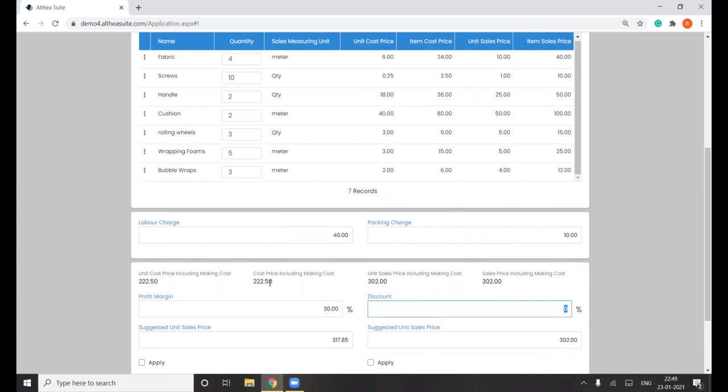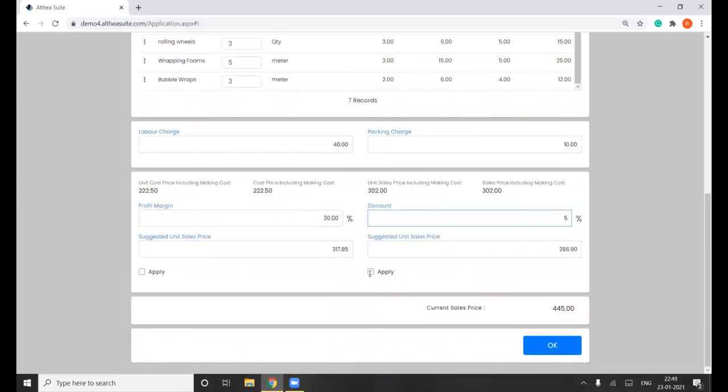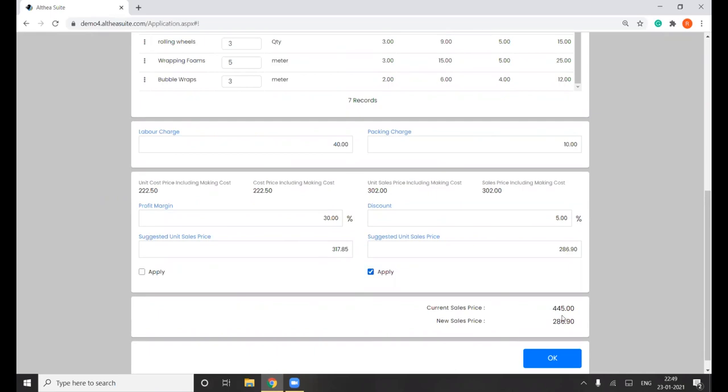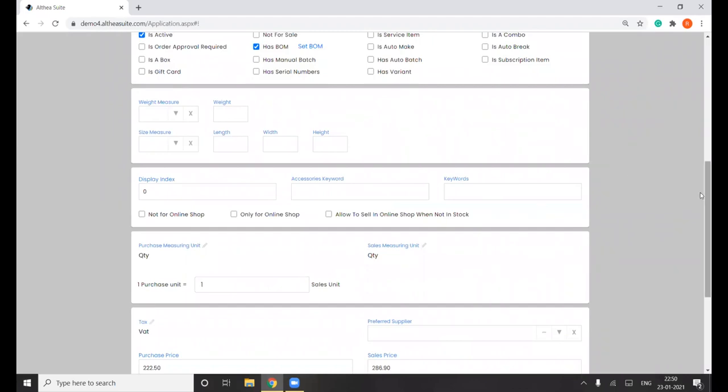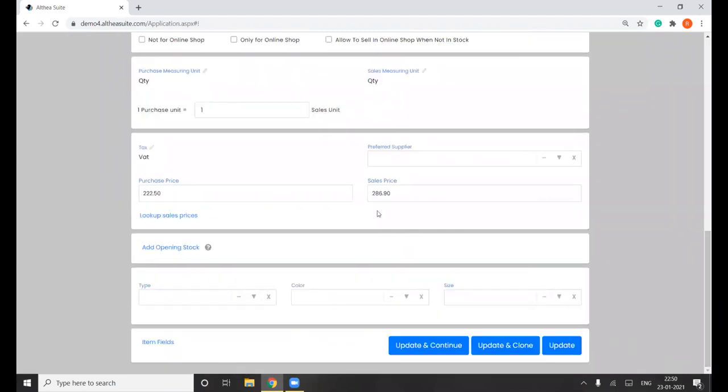$222.50. So either you can give a 5% discount and this is your suggested price, and if I go and apply this flag, I'll get a new price that is $286.90. So let's say I click on OK, it will ask me for confirmation because the basic selling price is getting changed. So if I say yes to continue, now I'll be seeing a new price which is $286.90 and the purchasing price is $222.50. So if I update this,